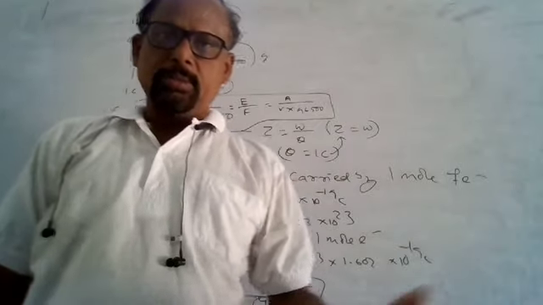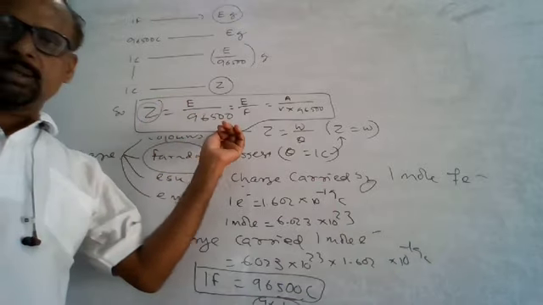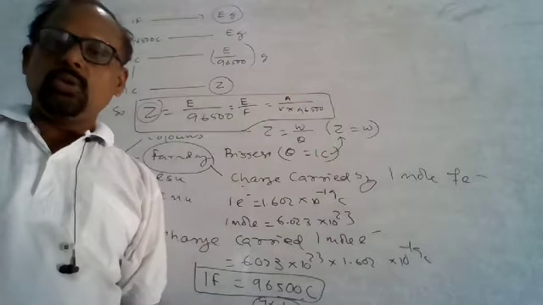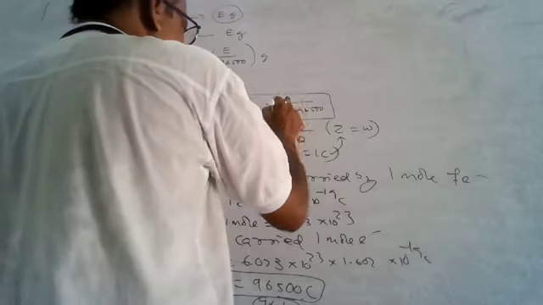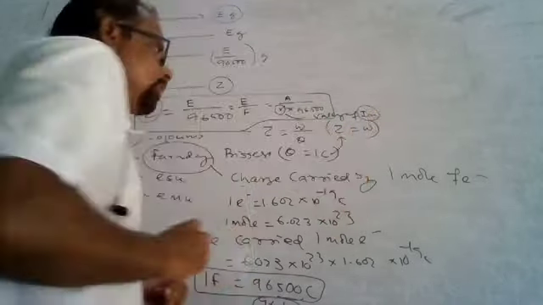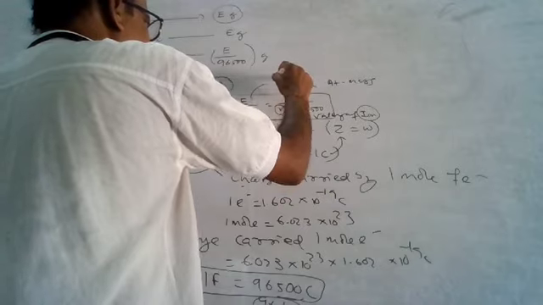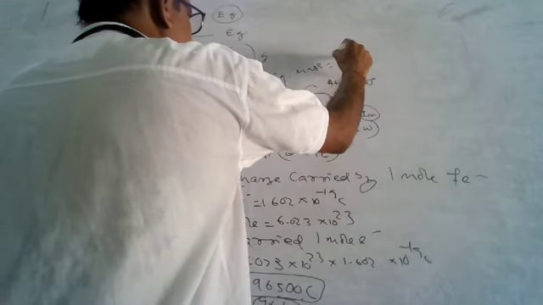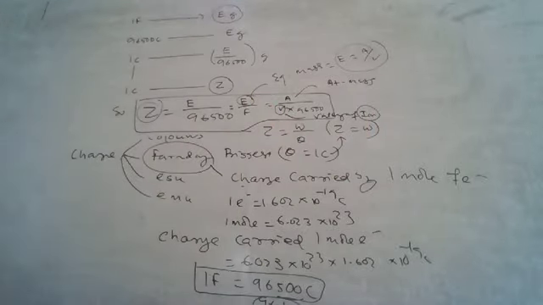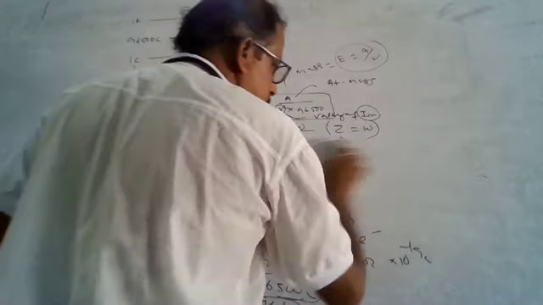Z is the electrochemical equivalent of the substance. Small v is the valency of the ion which is deposited. A is the atomic mass, and E is the equivalent mass, because the equivalent mass is equal to the atomic mass by valency. That is why we replace E by A by v. This way we can calculate the EC of the substance.